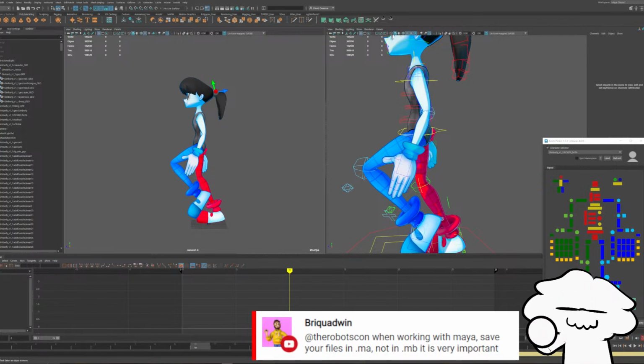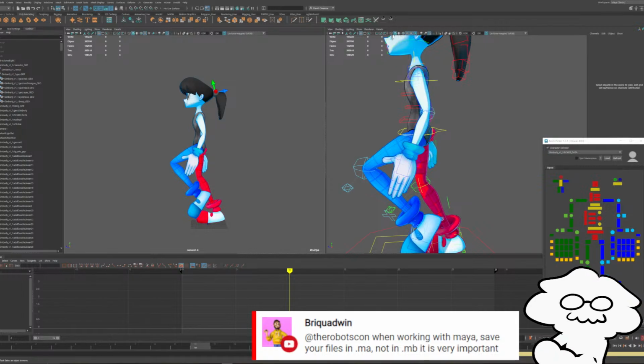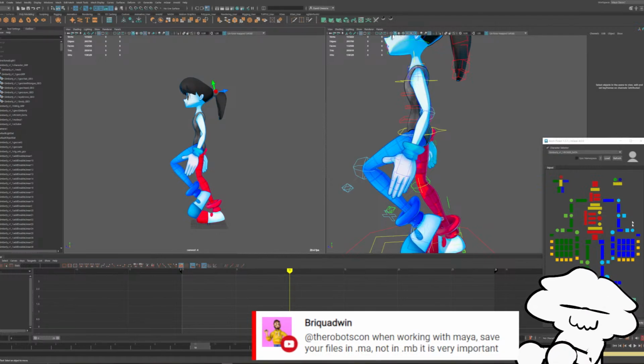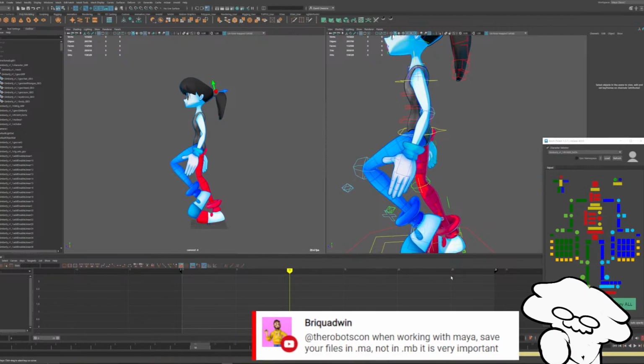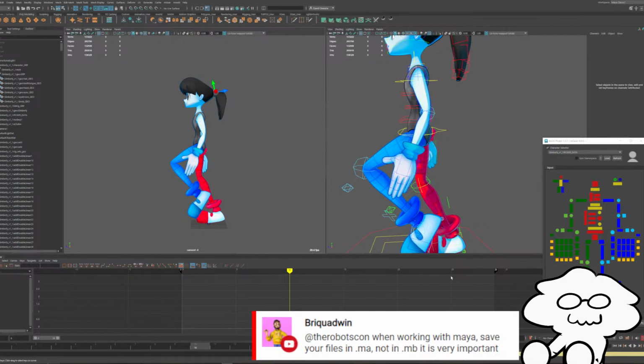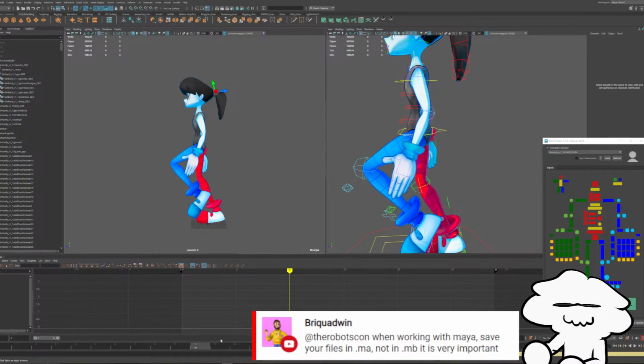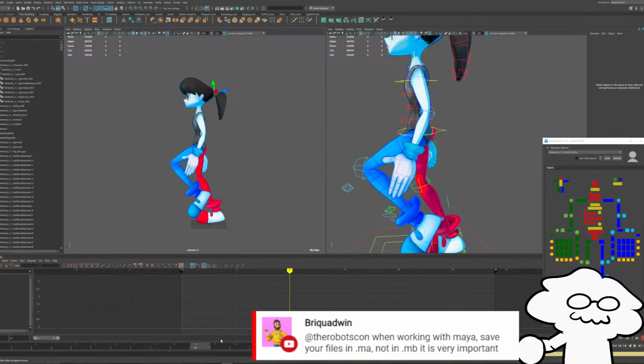If hard drive space doesn't matter to you, then .ma files would be better because they're uncompressed. But you generally otherwise don't want 100 different files that are all .ma and all uncompressed. If you can work in .mb, you should, if it doesn't result in crashes and corrupted files. And in my experience, I generally don't end up with corrupted files or crashes as a result of .mb files.